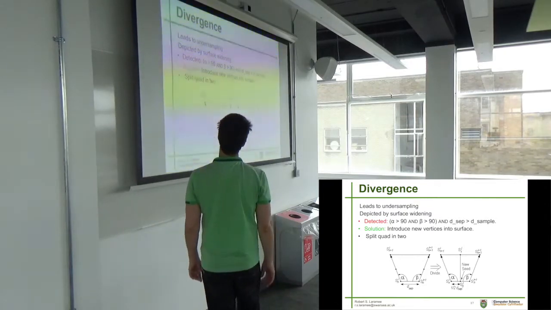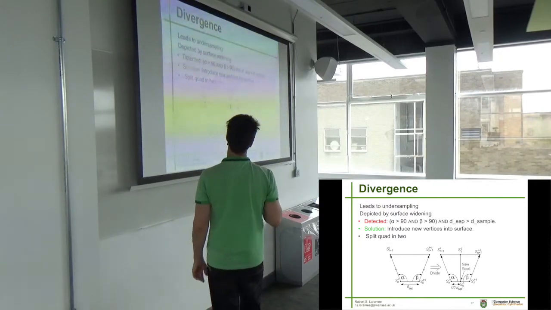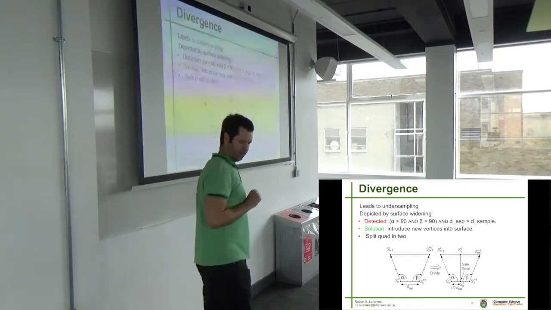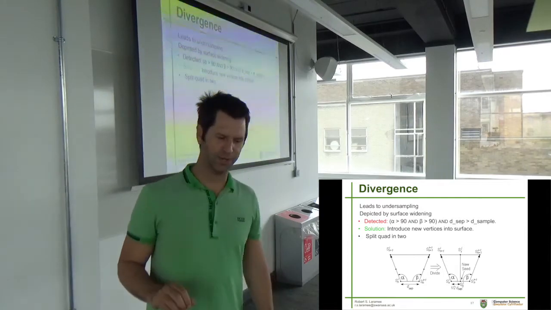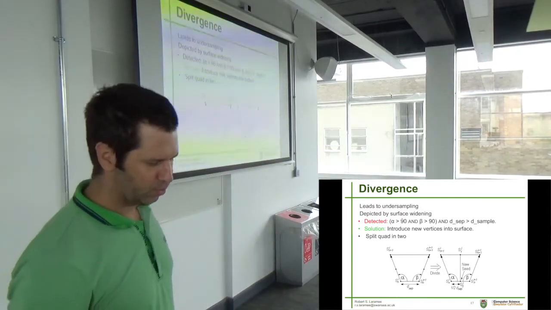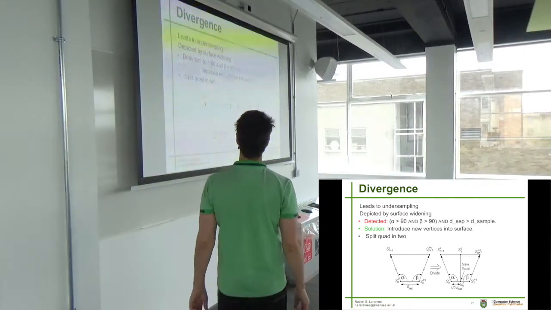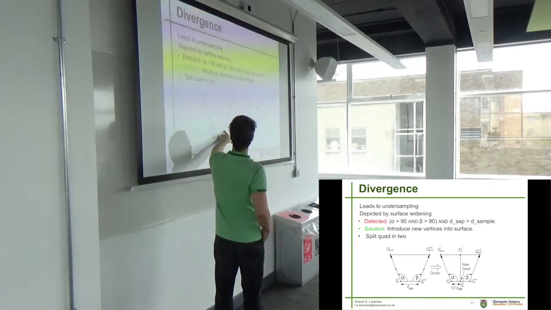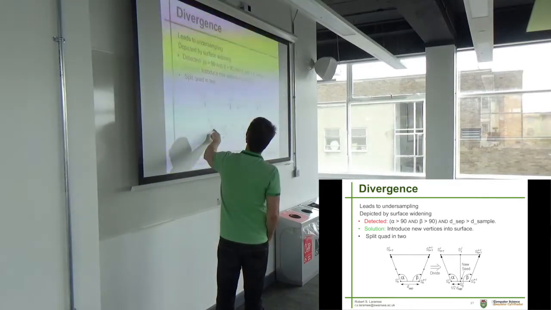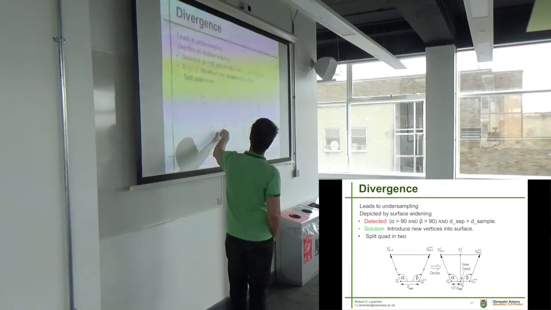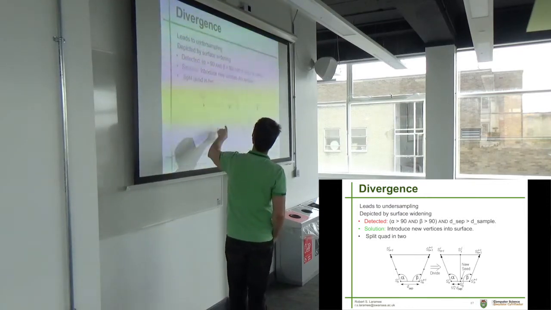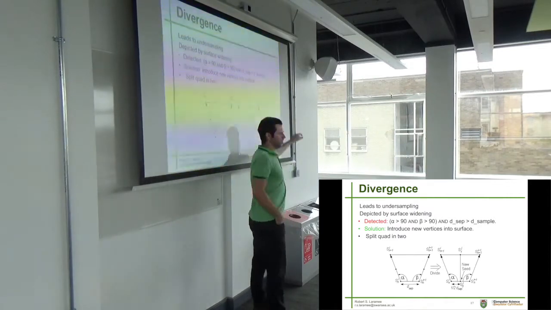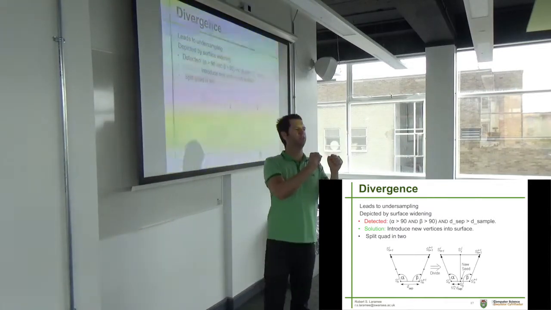To test for divergence, we run the test shown here. We look at the interior angles, alpha and beta. If both of those are greater than 90 degrees, and DSEP is greater than D sample, where D sample is the space between data samples,